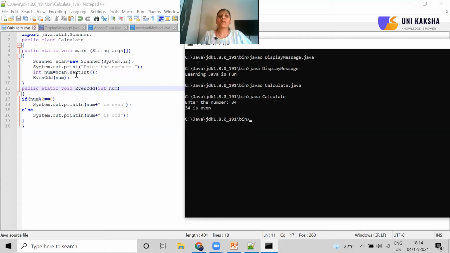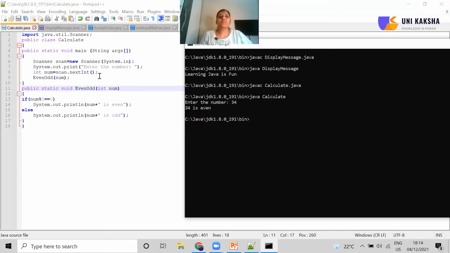Also be in the habit of including comments. Here I have not included them, but you have to include comments if you are writing large programs, because whenever you want to find out what reason the code is written for, according to the comments you can easily understand that. So this is how methods can be written by using parameters.